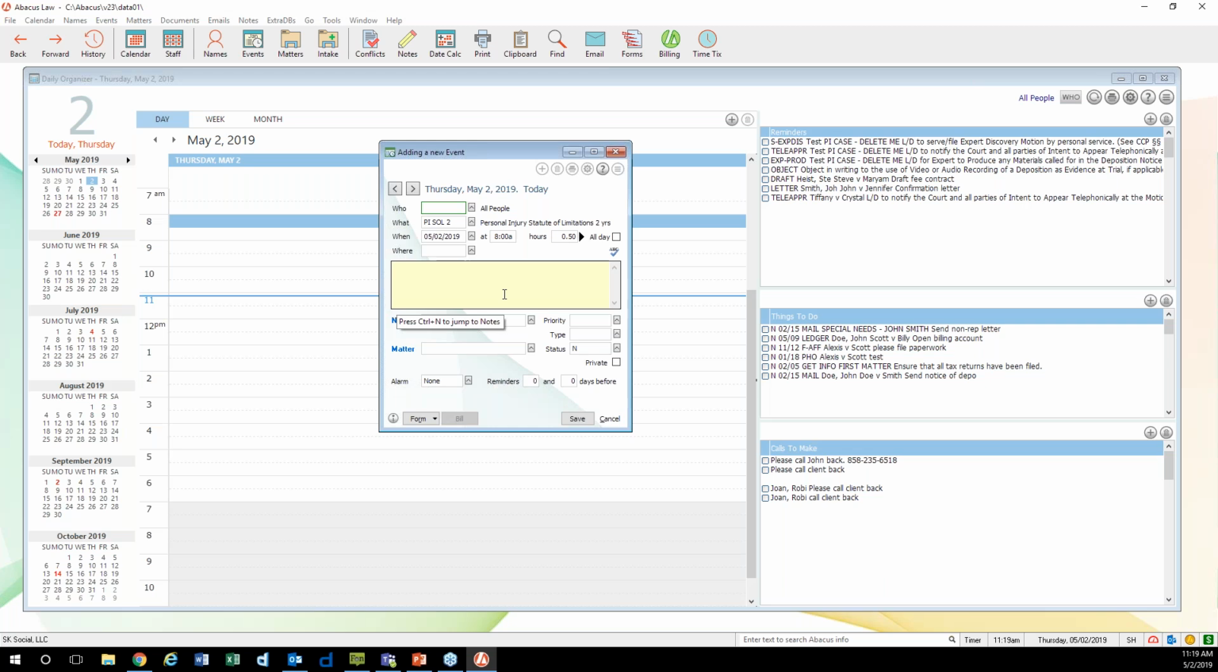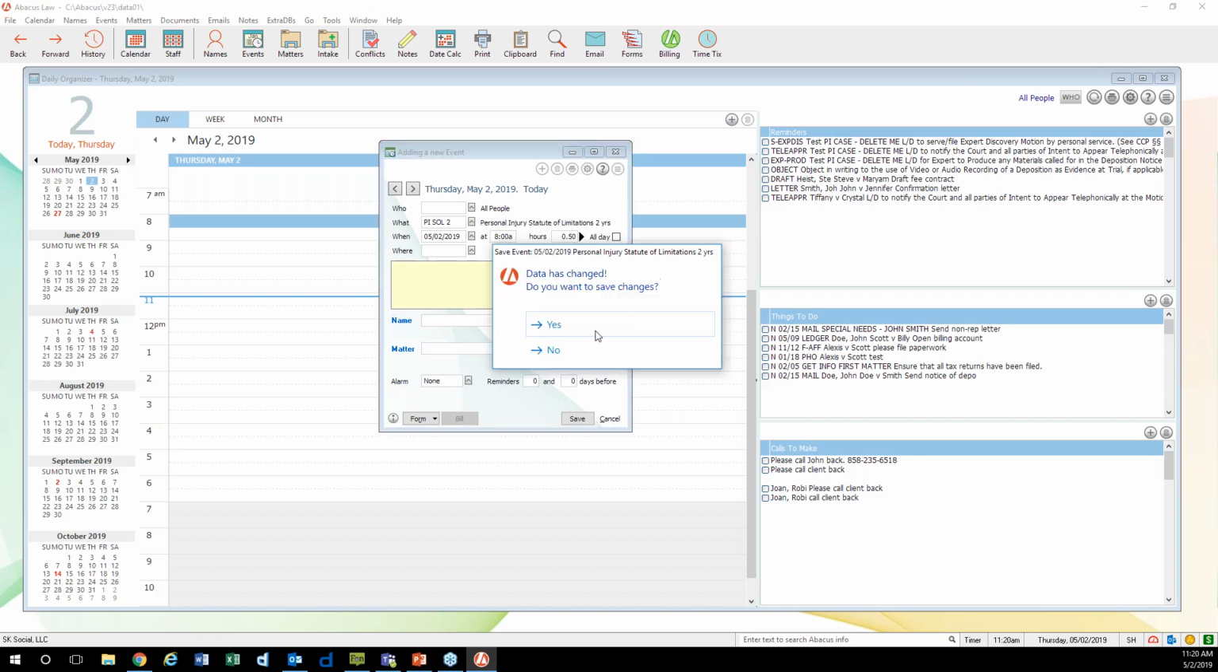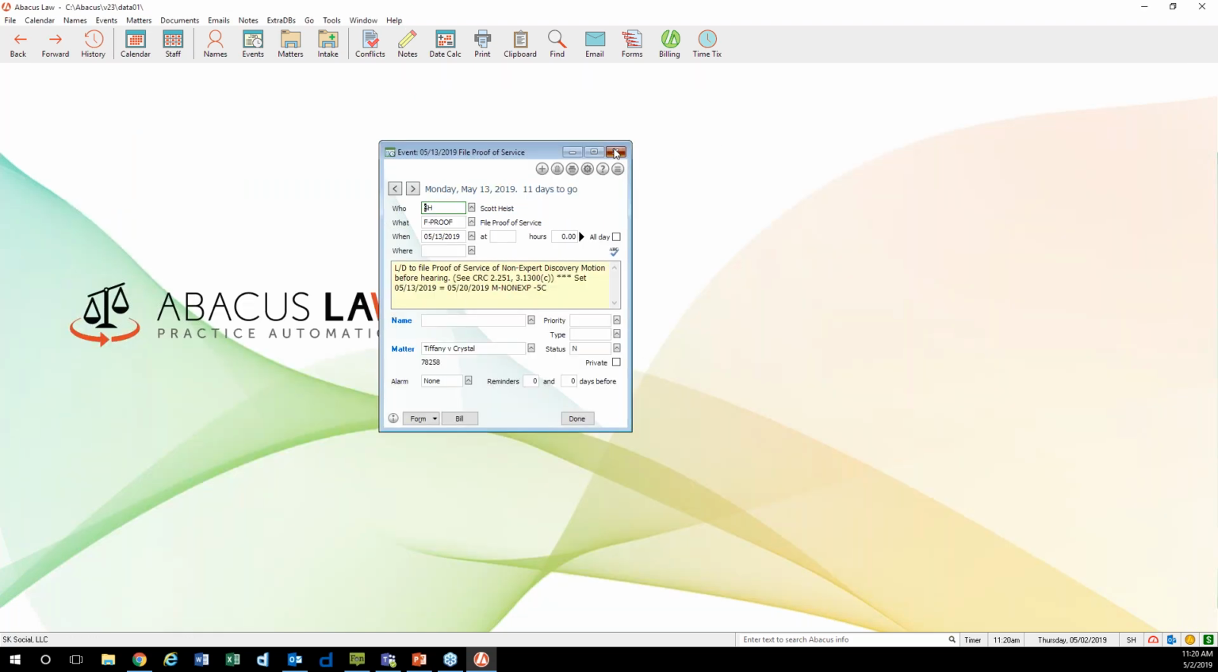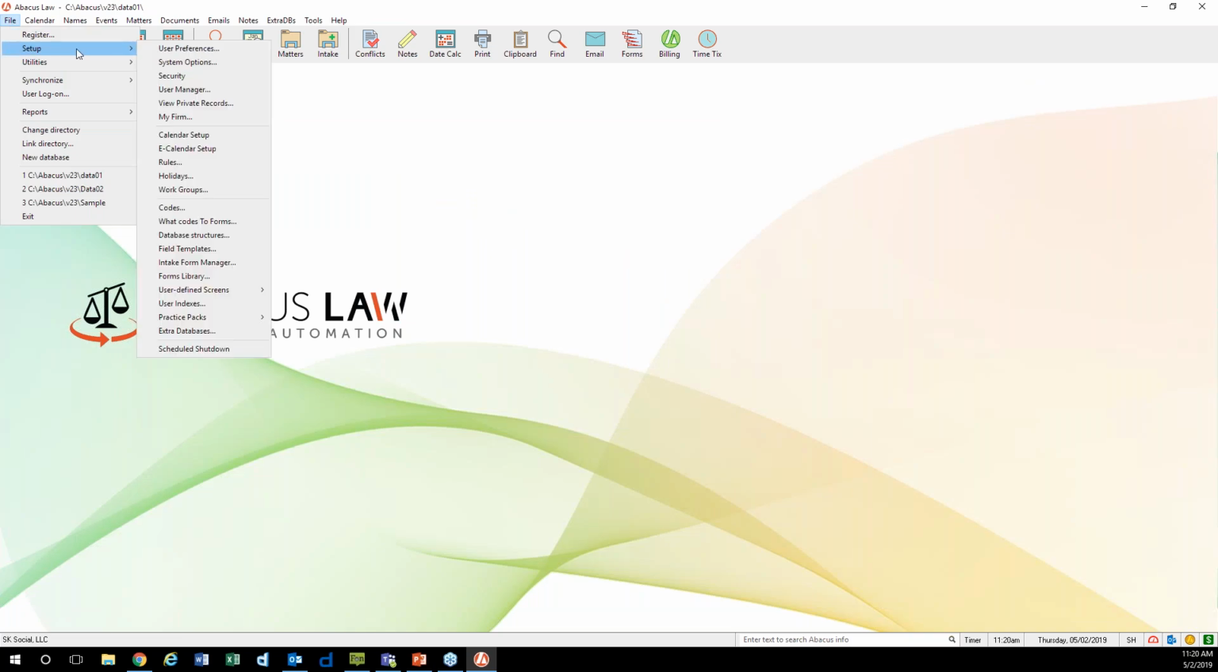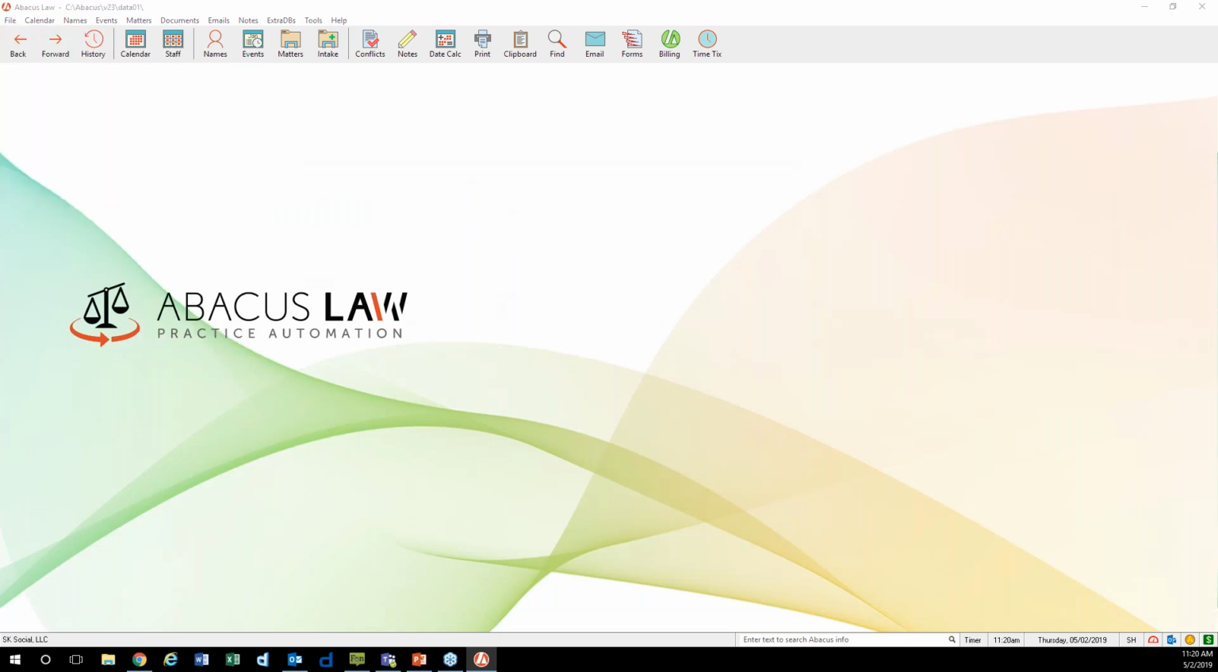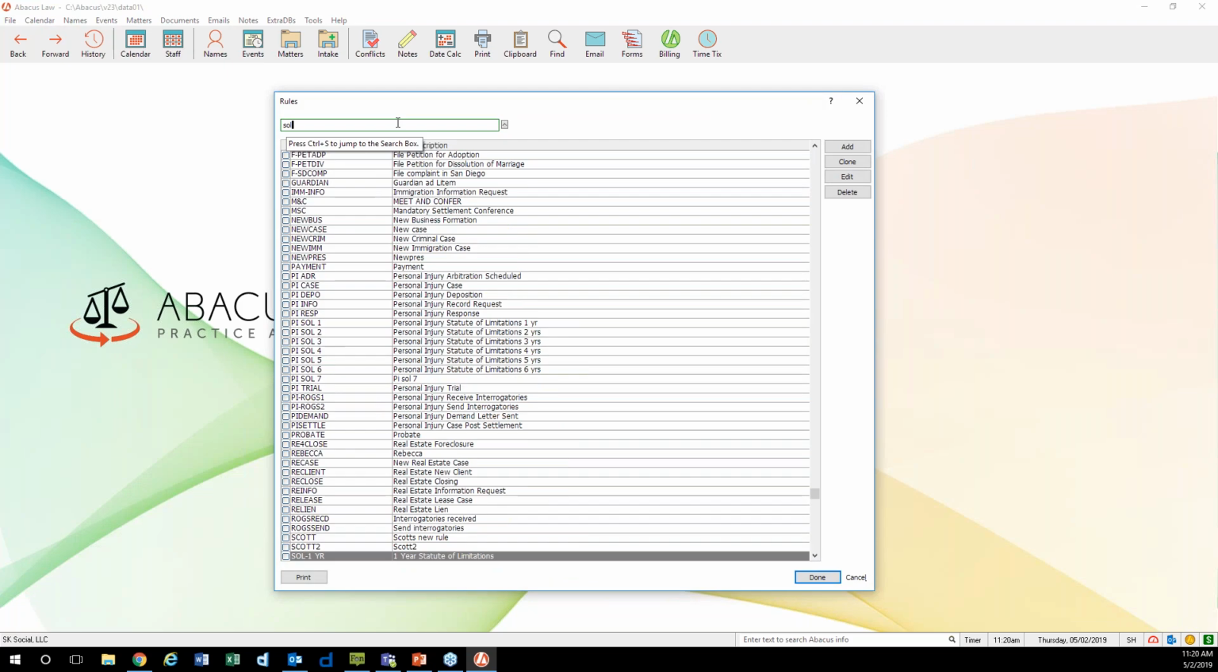And basically what I just did was I told the system what day my client was injured, so now the program knows exactly where to place all of the reminders that will lead up to that expiration. All right. So again, if we go back into File, Setup, Rules, and we look at that SOL,